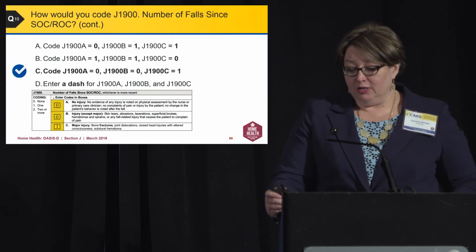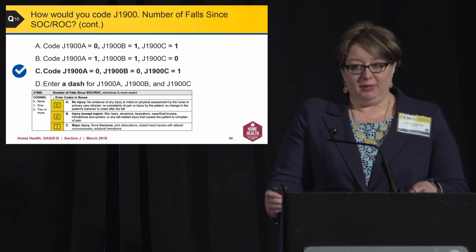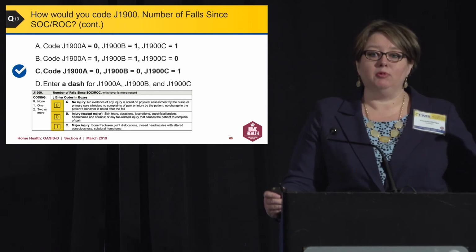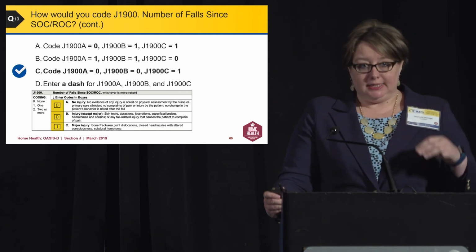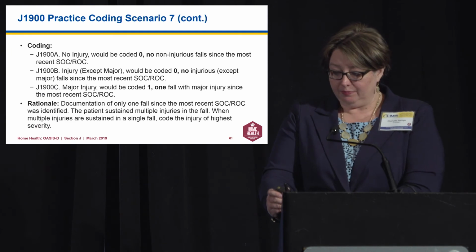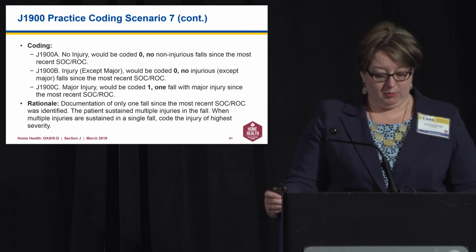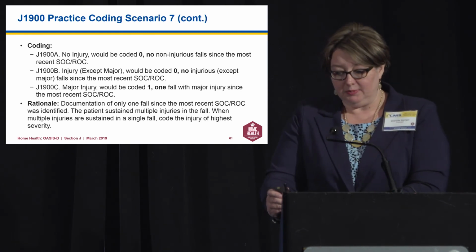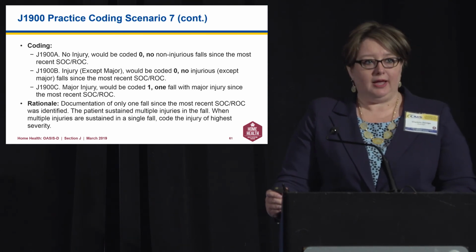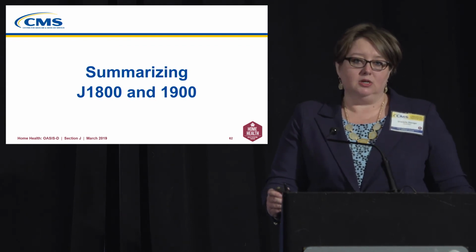And indeed, yes, we would consider A0, B0, and C1 to reflect that major injury, even though we had 3 injuries, right? 1 single fall, 3 injuries. I remember going back to the guidance, it tells us to code to the highest level of injury, right? And even, again, this happens. Patients do have multiple levels of injury when they have falls sometimes. And so we just want to be sure that our coding is reflecting the accurate categorization of that fall. So now that we're summarizing J1800 and J1900,